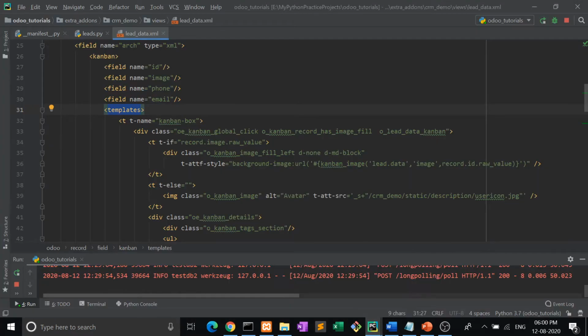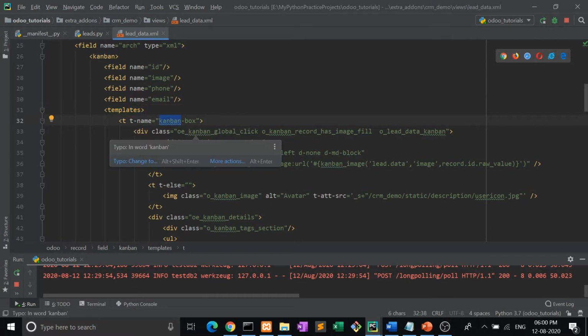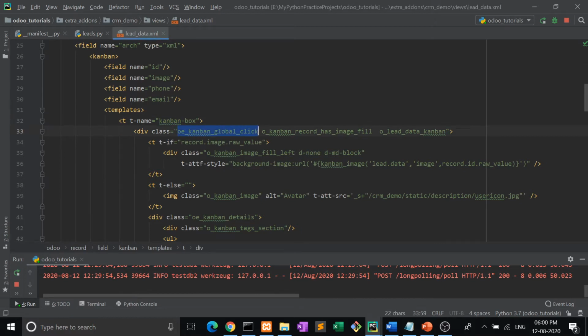Inside this portion, t-name kanban-box, and inside this, oe_kanban_global_click. The class of this div tag is oe_kanban_global_click. That means after clicking this box, you will be redirected to the form view.